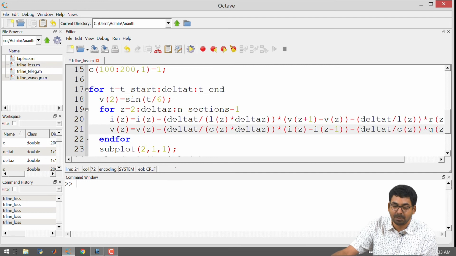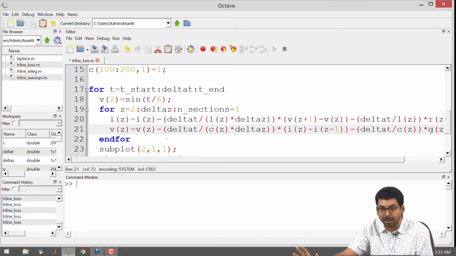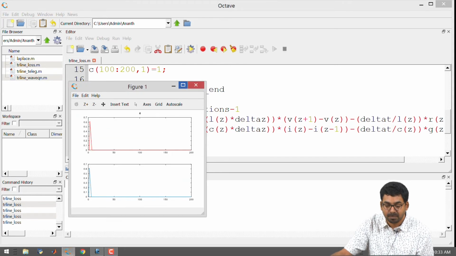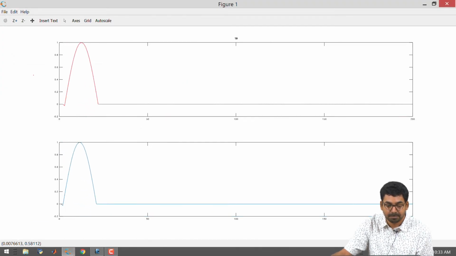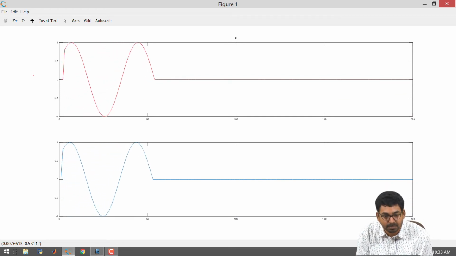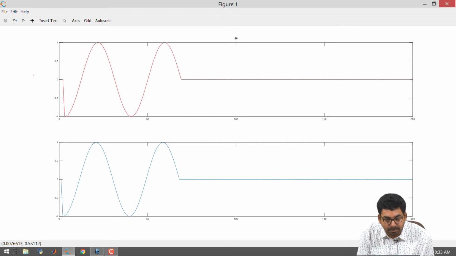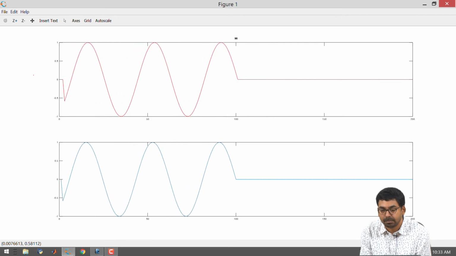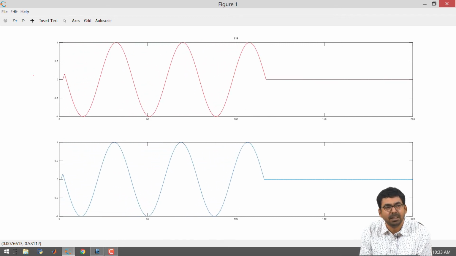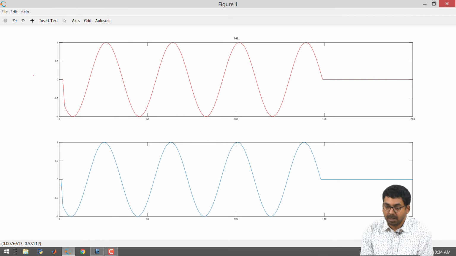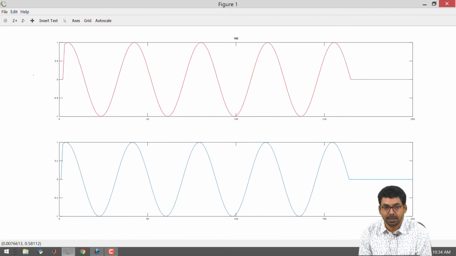I will not change anything else now. I will just make sure that for R equal to 0 and G equal to 0, which is the program that we have, everything works correctly, and then I will start to disturb the values of R and G. And I have changed the L and C back to 1 in all the sections. Seems to work fine, right. So, I do not have any errors when R is equal to 0 and G equal to 0. But now I will start putting in values for R and G.